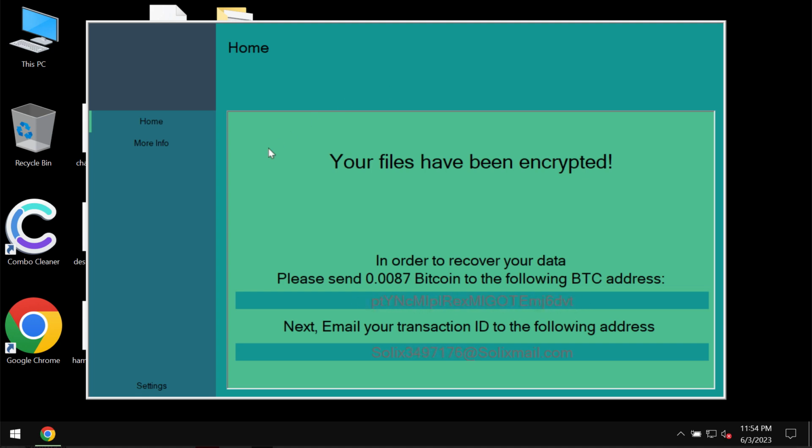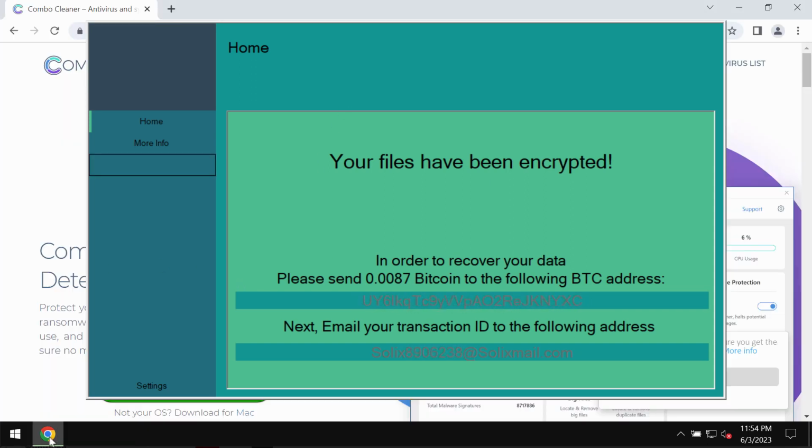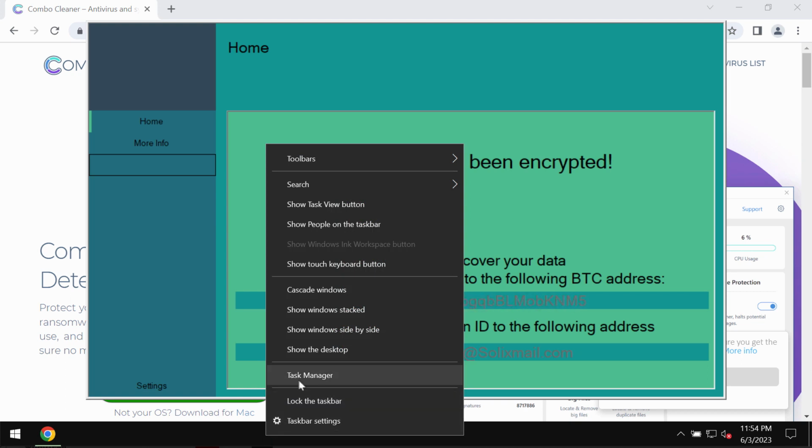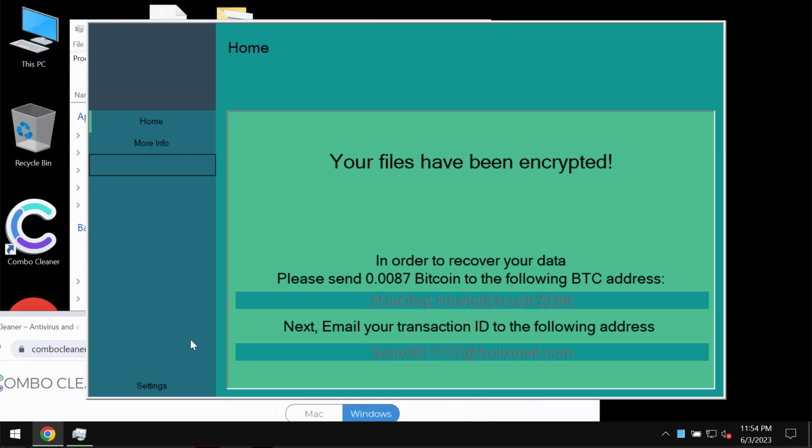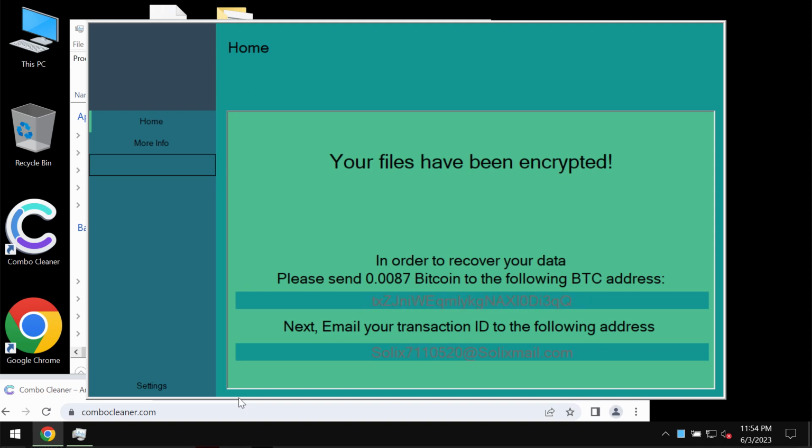Now, the ransomware reveals this ransom note, indicating that the ransom needs to be paid. Yet, we strongly urge you not to do that and not to pay the ransom. We recommend that you immediately attempt to remove this ransomware. To remove it, you need to use a special program called Combo Cleaner Antivirus, which you may get on the page